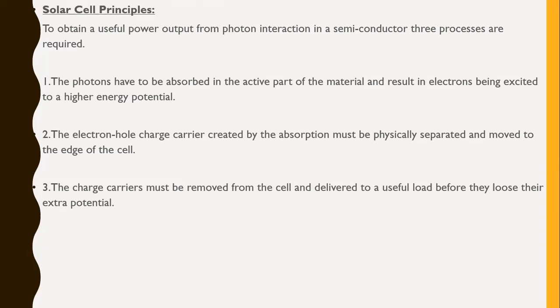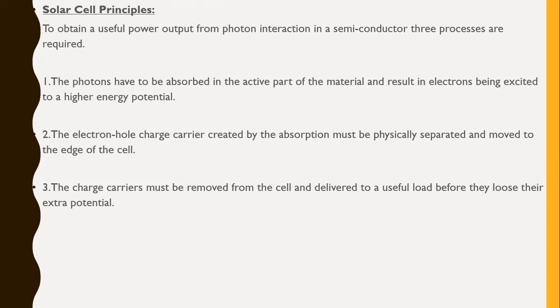When photons from the sun, we get photons from the solar radiation, are absorbed in the semiconductor, these create free electrons with higher energies. Okay, so more than the normal electrons' energies, these higher energies are created. Actually, if you break the bonds of the base crystal, the energies will be emitted from the electrons. So the energies we are getting in this photovoltaic method are more than the energies of normal electrons.